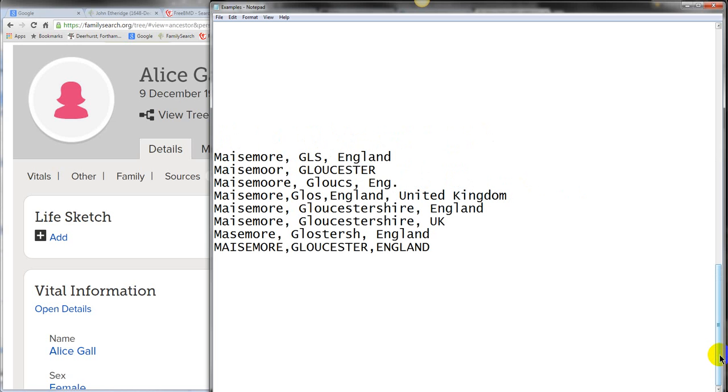You may feel that these details do not matter much, but we need to enter information in such a way that anybody coming after us would be able to find that same information. You probably know from experience how difficult it can be trying to search for somebody even when you know they were born in a particular place or time, and that's usually because of these variations. FamilySearch does recommend a format for both dates and places, which I'll now show you.